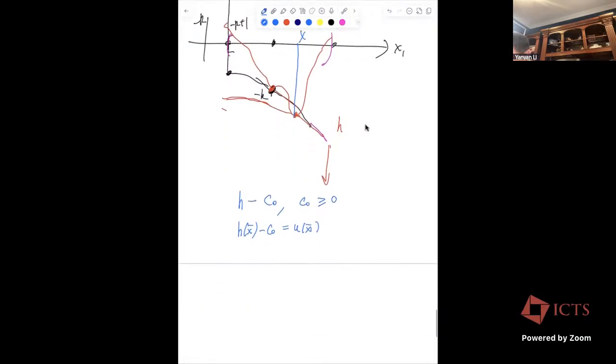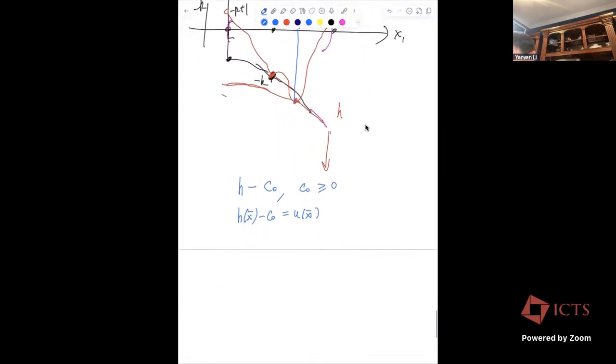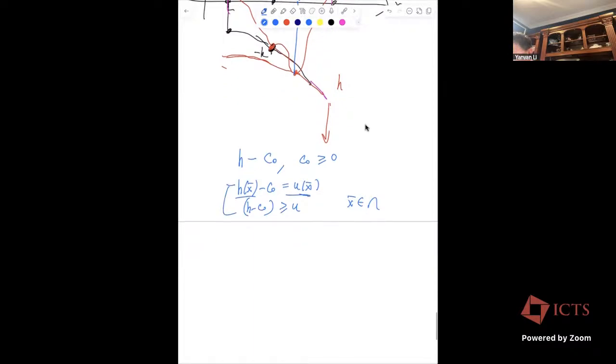So then the graph touches there, okay, and H bar has to be inside, because on the boundary you don't have touching, you will touch inside. So then you have H minus C0 greater or equal than U, and equal to that at X bar. Okay, so if you compute,